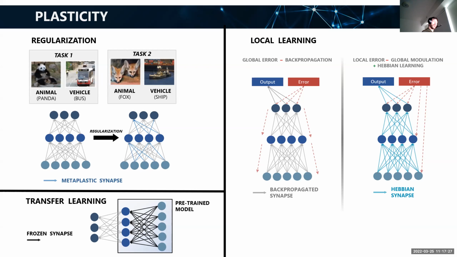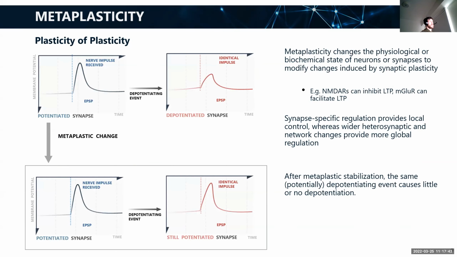And the problems that backpropagation suffers from are also experienced by surrogate gradient methods for spiking neural networks. I'll talk about one of those later that we use in TACOS and why it suffers. So we need other approaches to mitigate this. The first part that I look at is metaplasticity, where the idea is that you induce a metaplastic change to a synapse so that when potentiating events occur, the changes to that synapse are reduced or prevented.